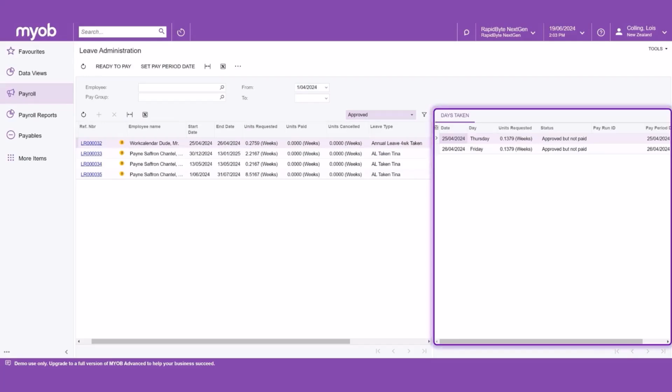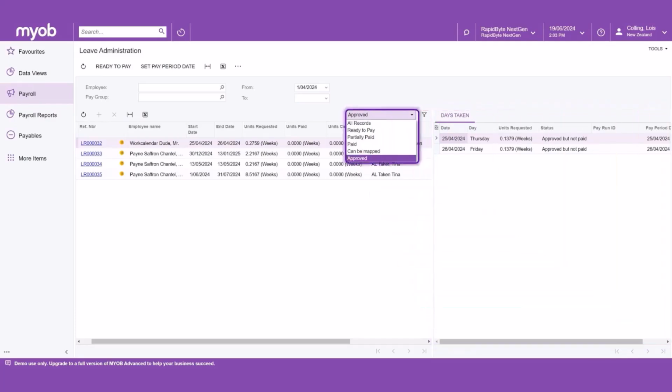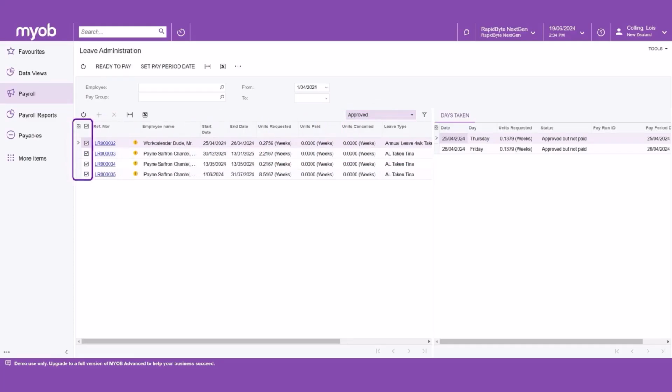With the leave administration work completed, it's time to look at paying leave to an employee. Once you have set your filter for the relevant period, filter on Submitted to find leave requests that are pending approval. You can open the approval details to see which manager needs to action it. If you have the right access, you can approve the request on behalf of the manager, then change the filter to approved and bulk set them as ready to pay.